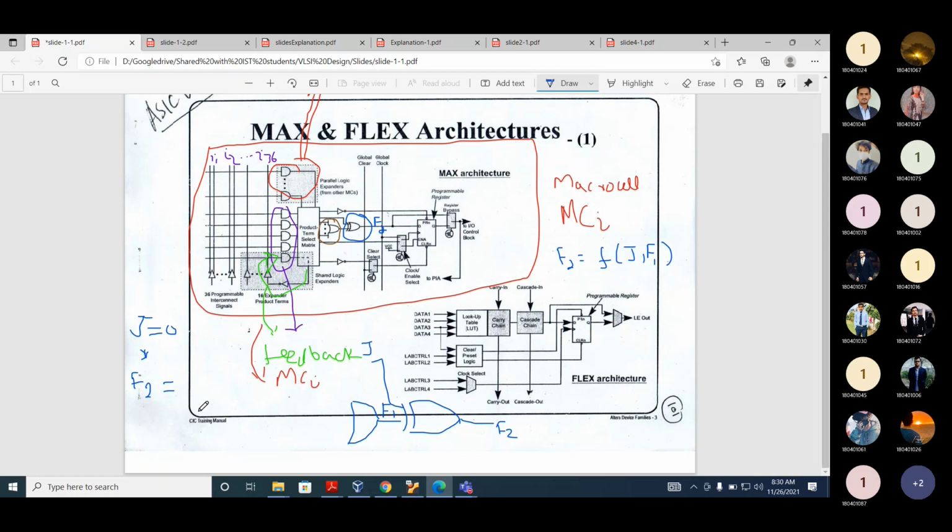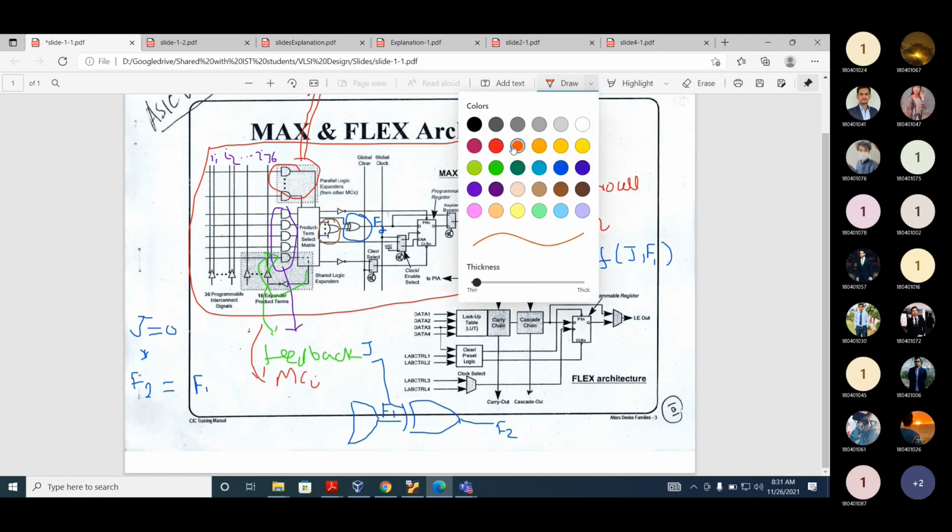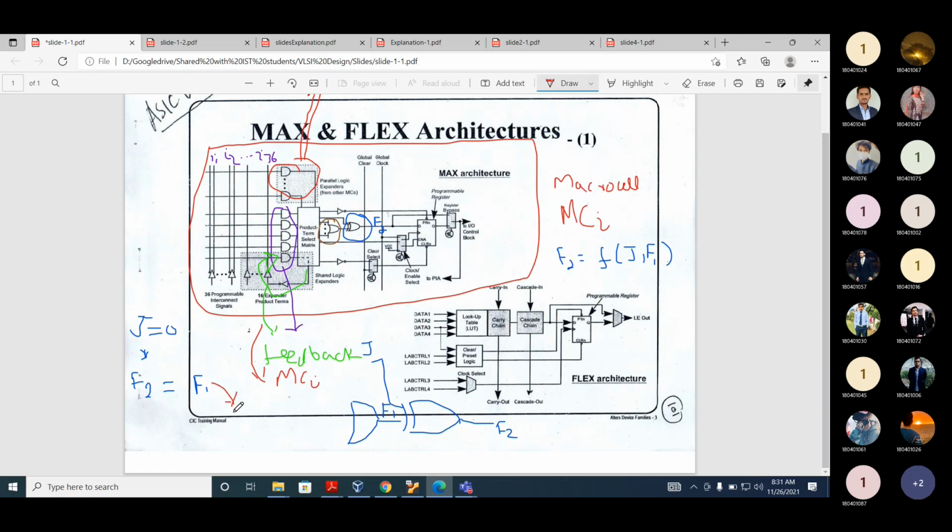Ignore F1. When J is 0, what will be the output F2? F1. So when J is 0, F2 will be equal to F1. It means this output is non-inverted. So the function is non-inverted.